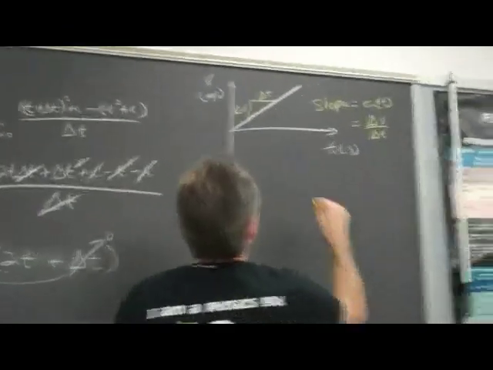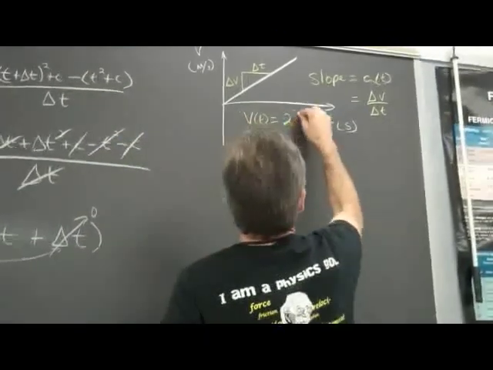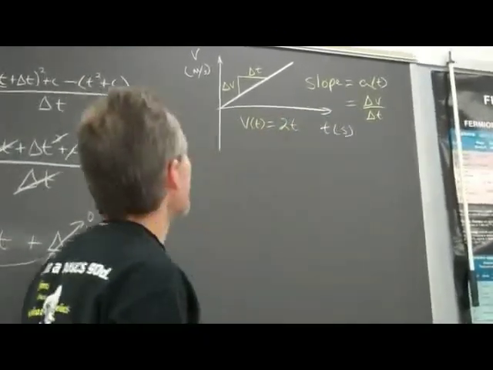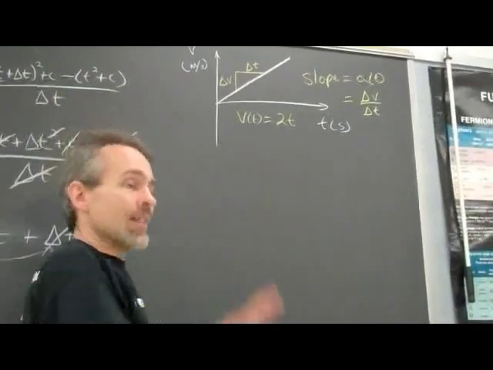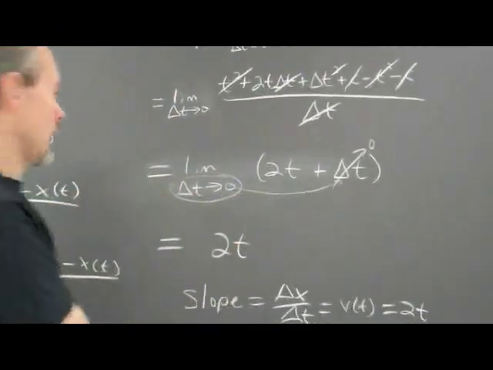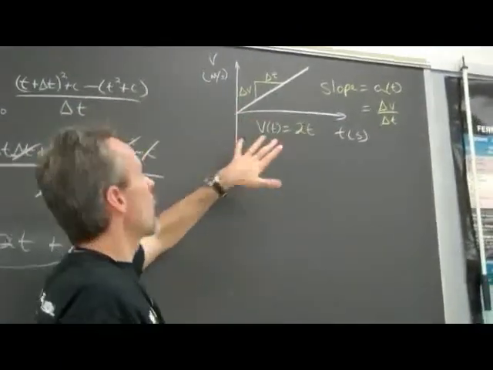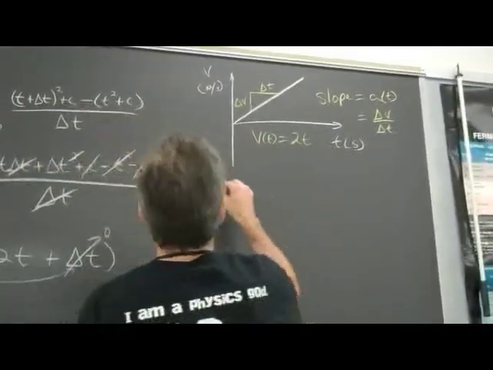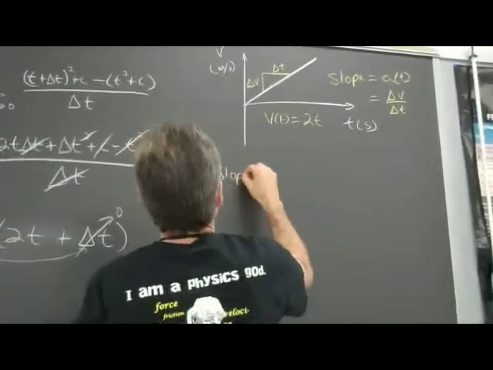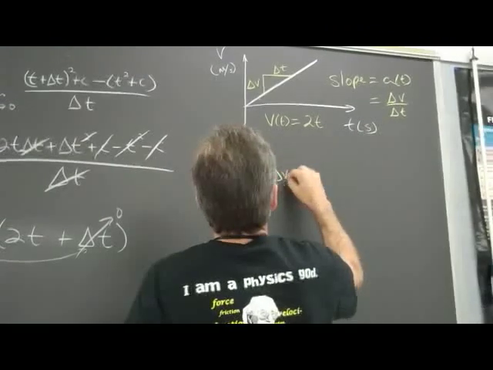Now that should be easy because we just found that the velocity as a function of time, or the instantaneous velocity, is equal to 2t. Well, that should be pretty easy to figure out the slope. In fact, we know what that is, and I'm not going to say it because I know you know what it is. I'm going to go ahead and use this same idea that we did here that was pretty complicated, and see if it works, and see if it gives us the answer that we know full well what that slope is. So in other words, we know that the slope is equal to the change in velocity over change in time,